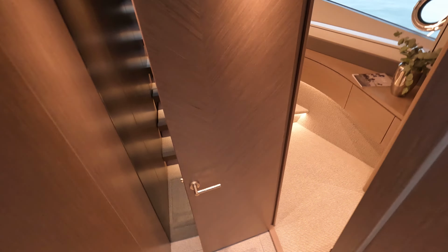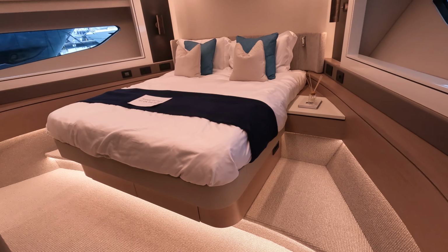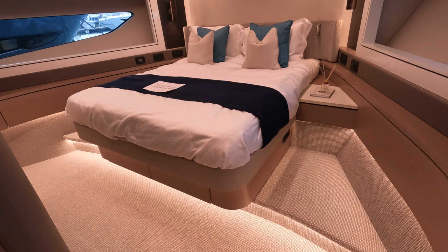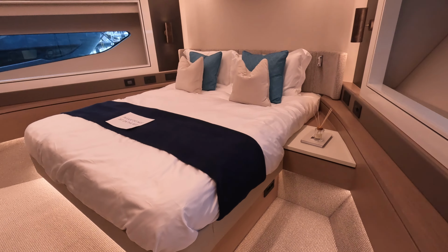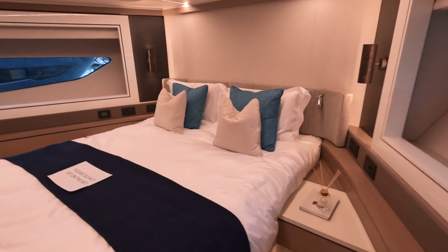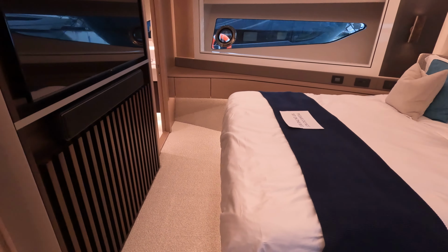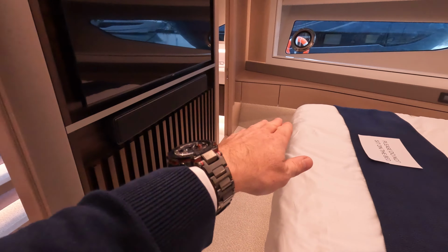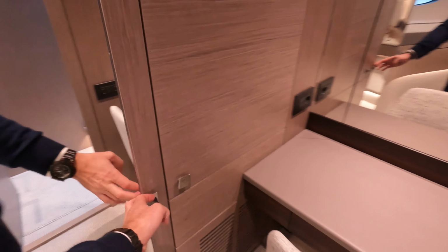So down the stairs, we have split accommodation on these, so 2 different stairwell accesses to take us down below deck. You can see the beautiful detailing in the doors here. This is a silver oak satin wood finish, and we're now right down in the bowels of the bow of the boat. And you can see how that extended volume we saw right at the beginning of the tour really gives this sort of a second owner's stateroom forward. It's very, very upright. It's the anchor locker in front of us there, but you get this beautiful big centralised bed. Very, very quiet up here as well, because we can put some insulation in the outboard hull area here. And then we have a little vanity station,